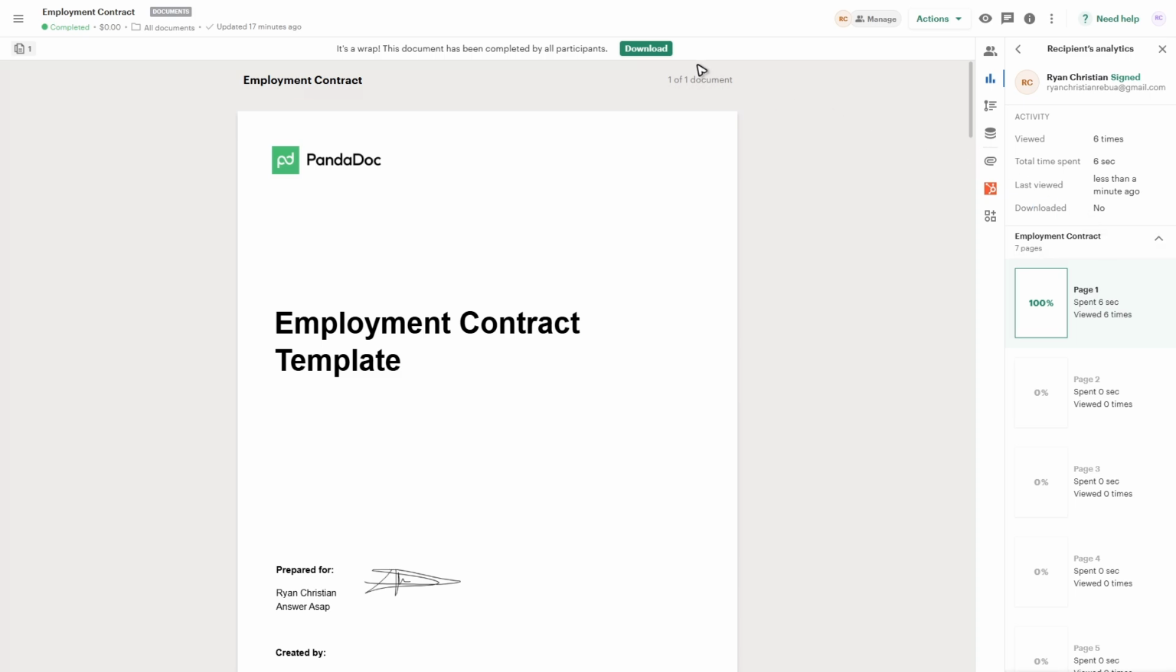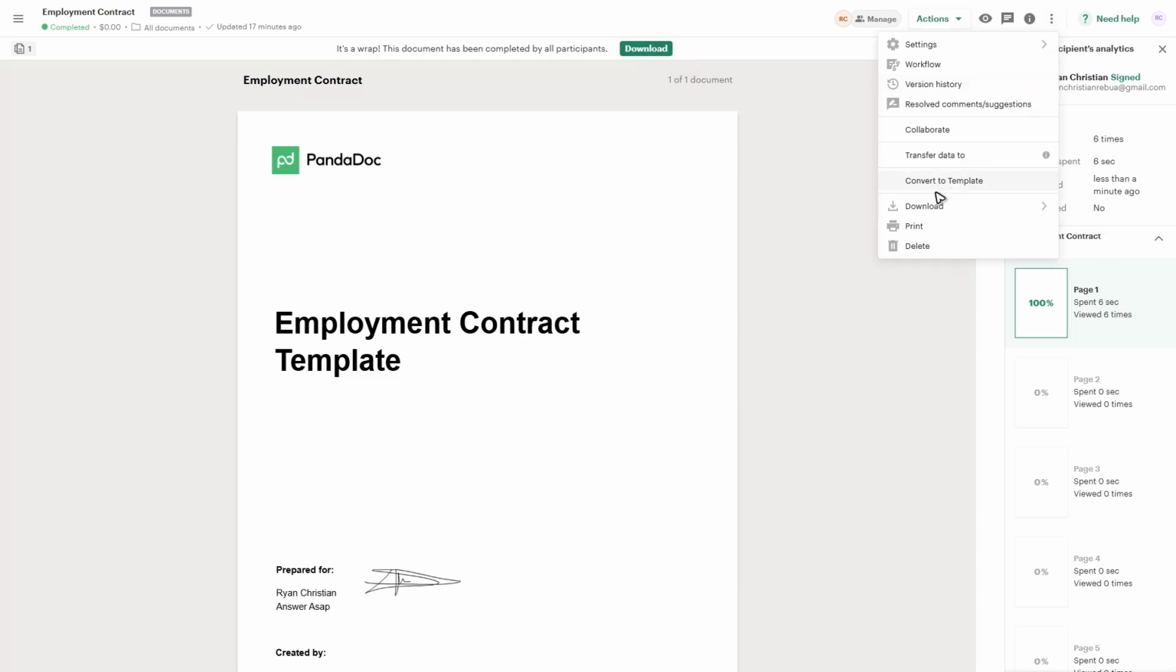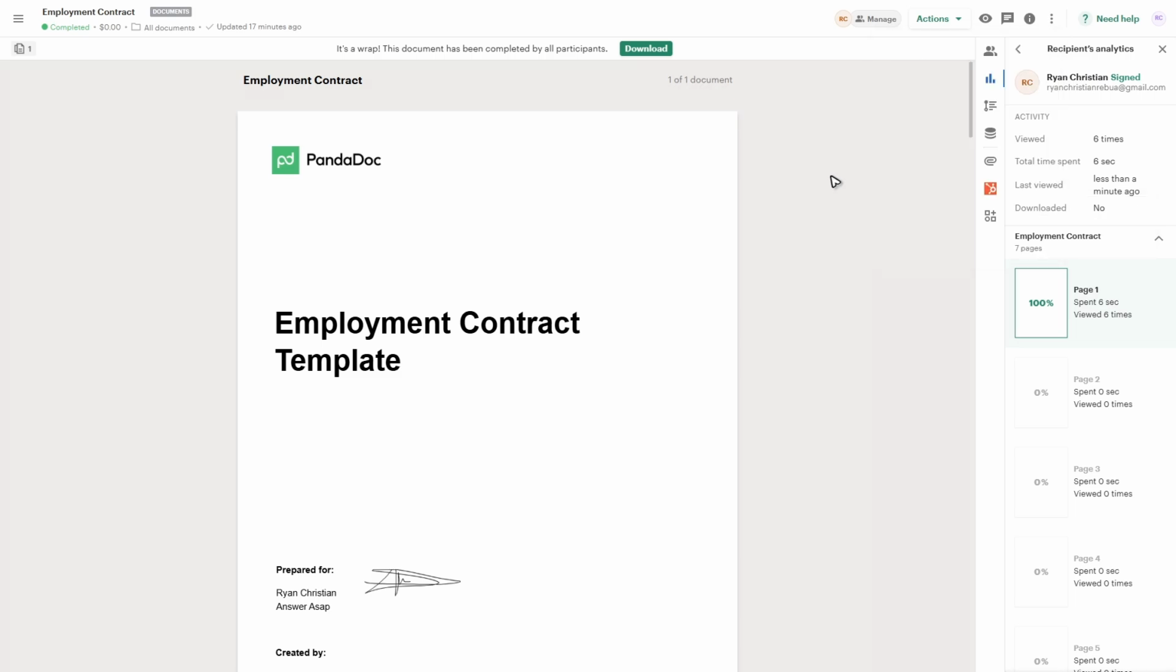Downloaded, no, because he didn't click on the download button right here or the download button right here at the top right. That's how you can easily track document